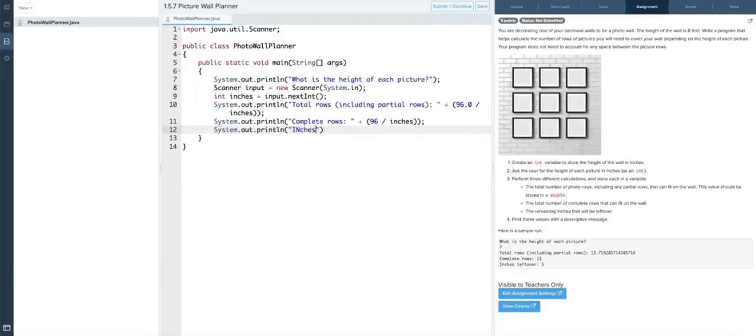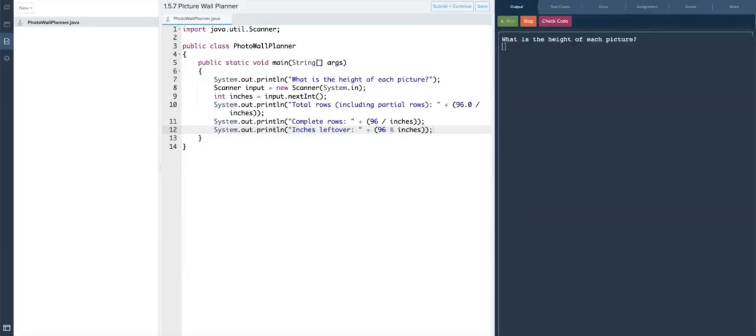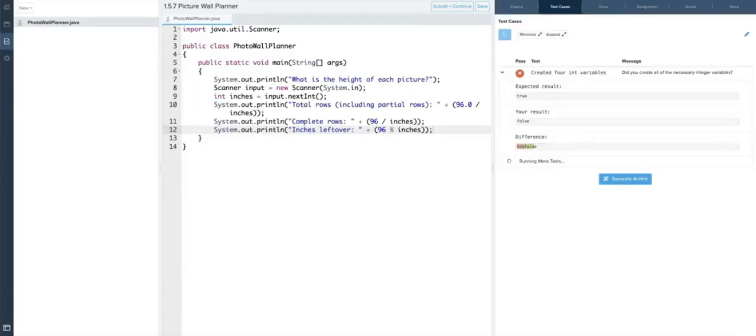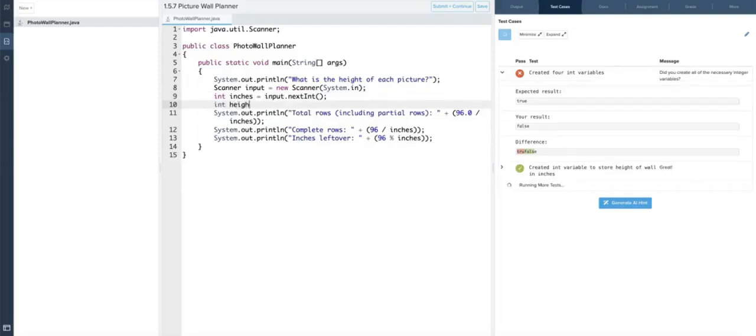And inches left over, plus parentheses 96 mod inches would get the remainder. I believe that's what they want. So let's run this. Oh, they wanted us to create 4 int variables. So int inches, int height